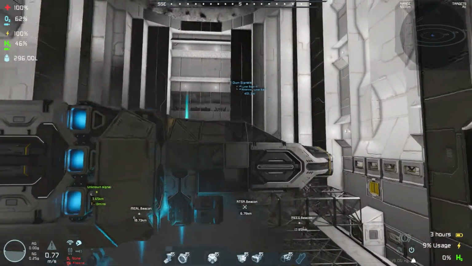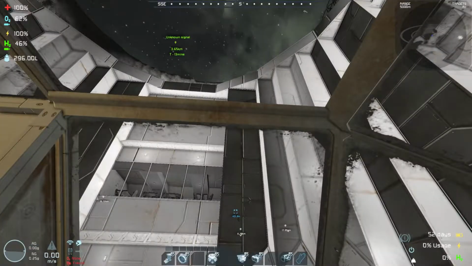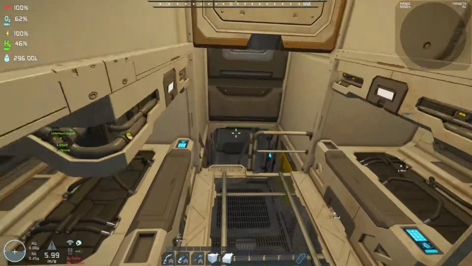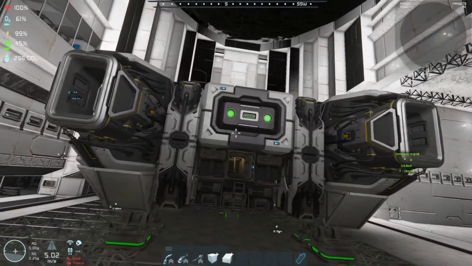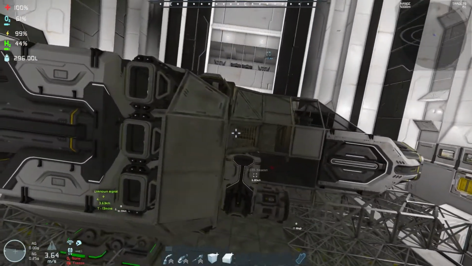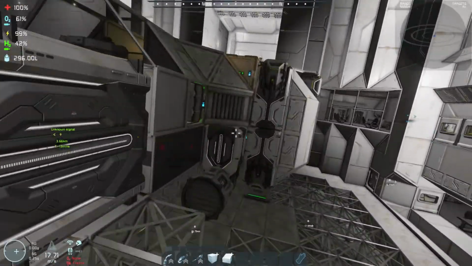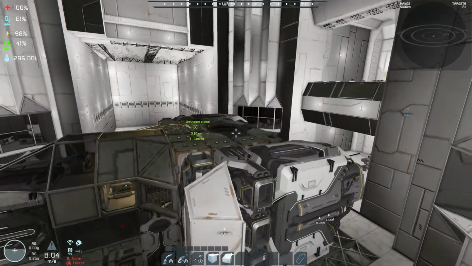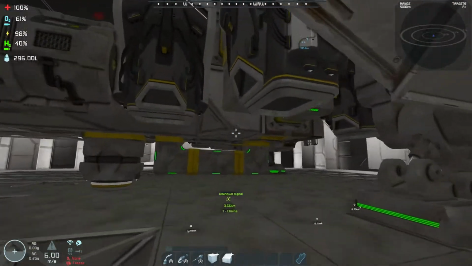Alright, so let's bring her down. Go ahead and turn off those thrusters. I want to make sure everything actually turns off. So Space Engineers is kind of weird. Sometimes things don't always register when you tell them to, so be careful with that for those folks who haven't experienced it. It's a very, very rare thing to have happen, but